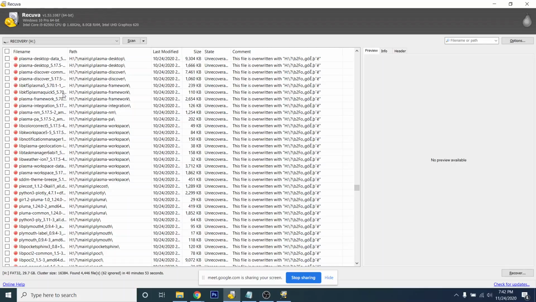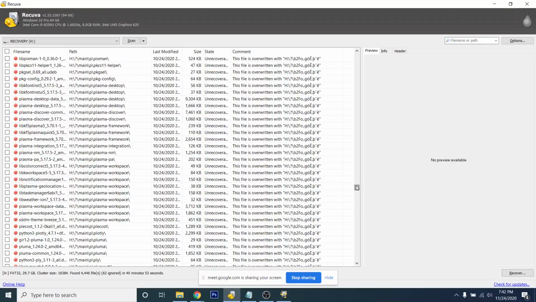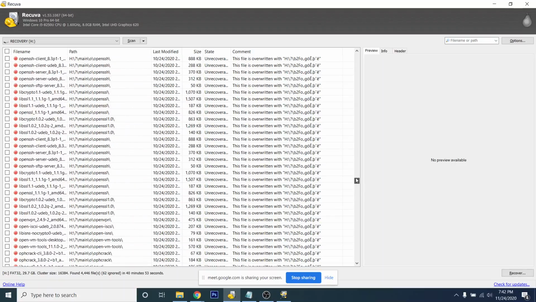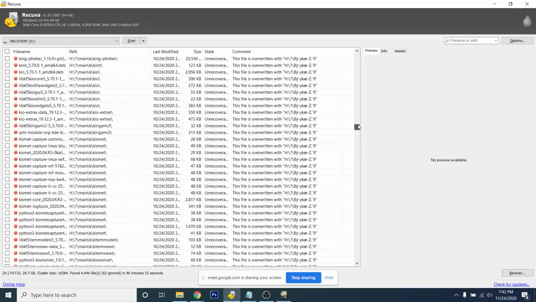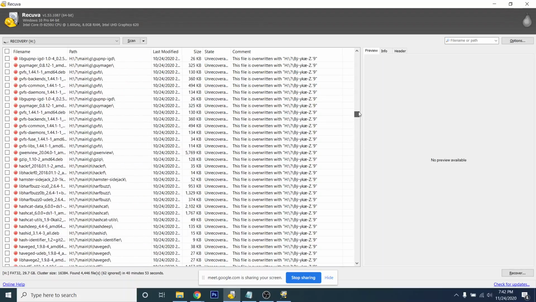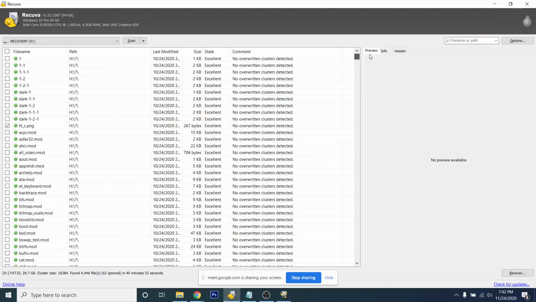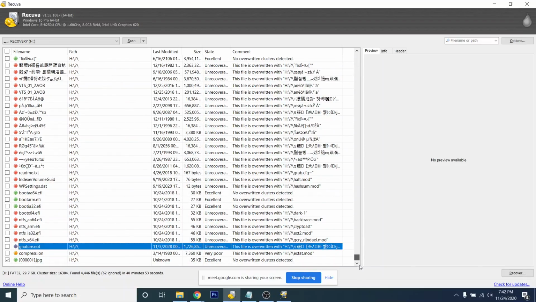Like here you can see this is a framework, and it is stored in H main P plasma framework. Means it was stored before, it's not currently stored, the device is currently empty, but these were the file metadata which was stored, because some metadata is always left while deleting. So this is all the data we got.